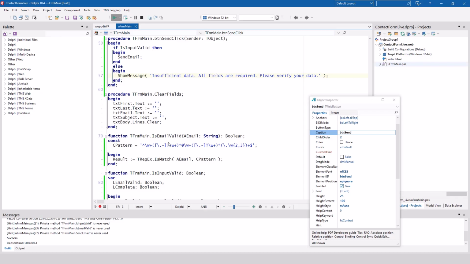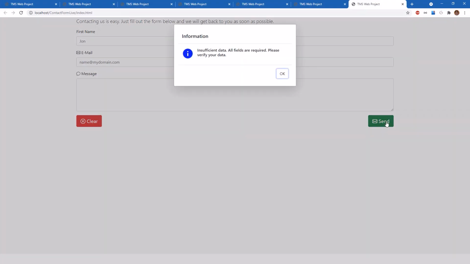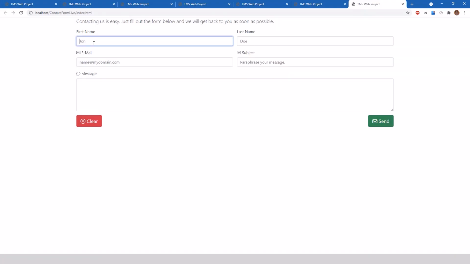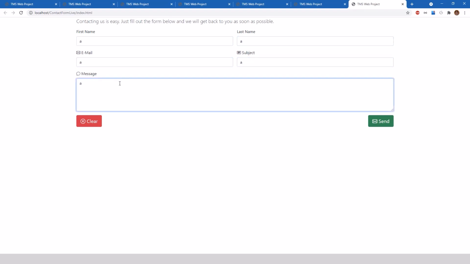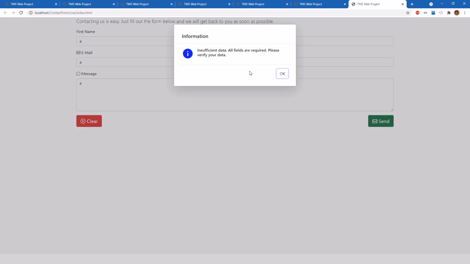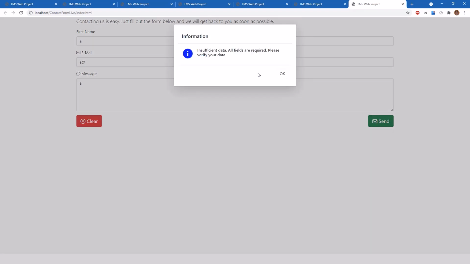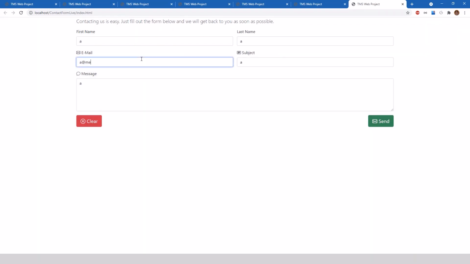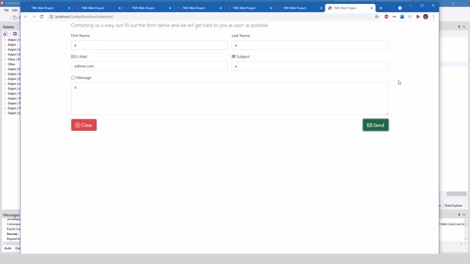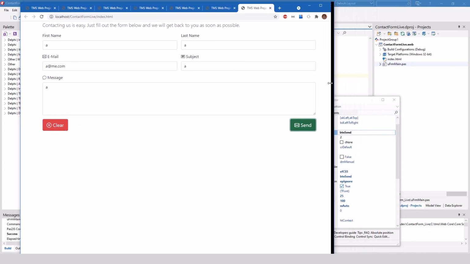Let's run this. We click send, insufficient data, a, should not be good because that is not a valid email. See, insufficient data. Now, insufficient data at me.com. Poof, no error message. That will work. Also, remember, this is all responsive. We can make it smaller,